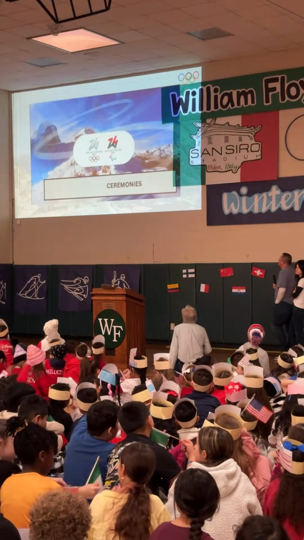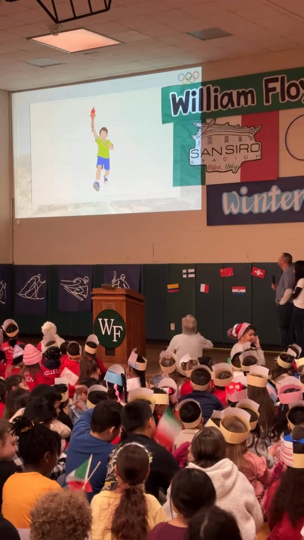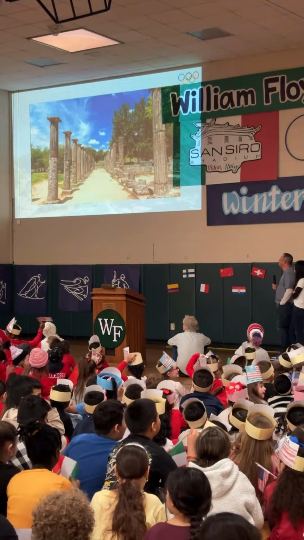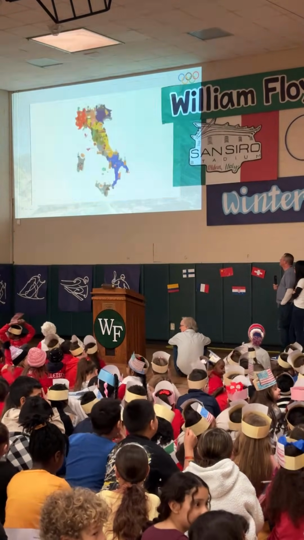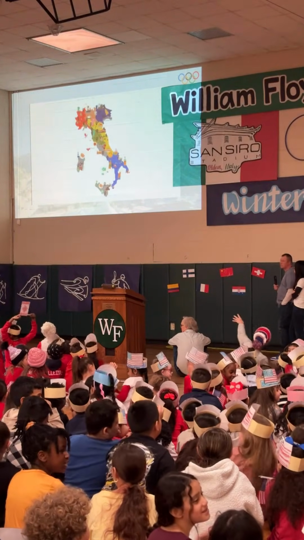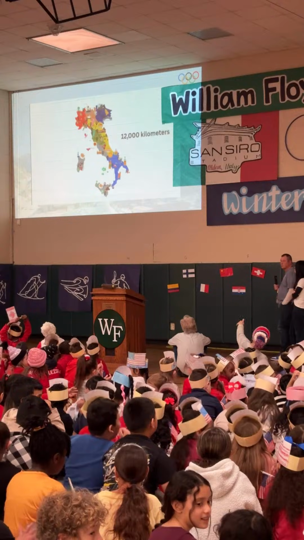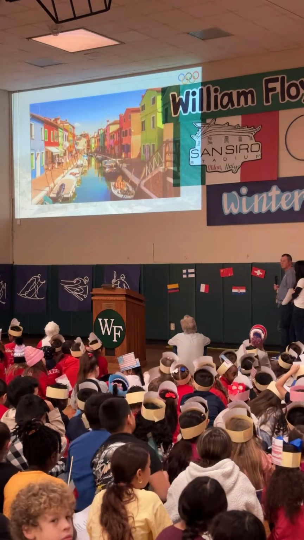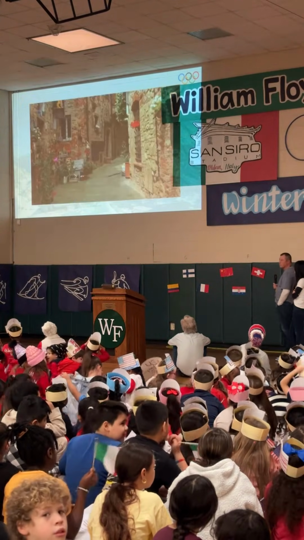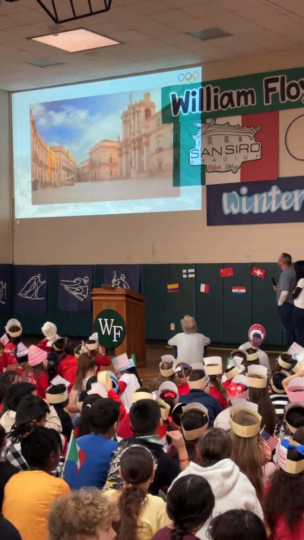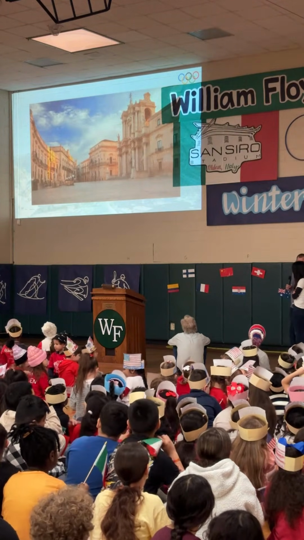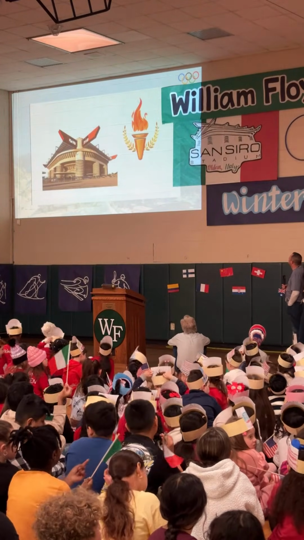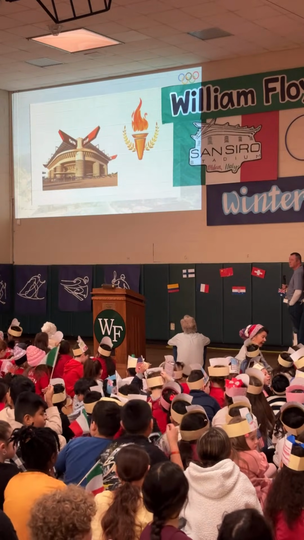Every Olympics begins with a journey, the Olympic torch relay. The 2026 relay will start in Olympia, Greece, the birthplace of the Olympics, in November 2025. It will travel through hundreds of Italian towns and cities, covering nearly 12,000 kilometers before reaching Milan on February 6, 2026. Expect stunning visuals, cultural showcases, and plenty of Italian flair as the flame travels from the Mediterranean to the Alps. Then, under the lights of San Siro Stadium, the flame will ignite the Olympic cauldron, marking the official start of the Games.